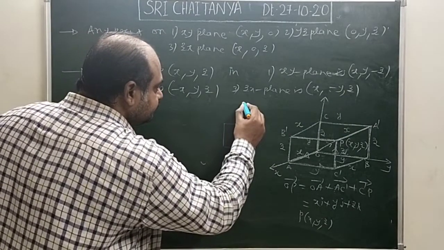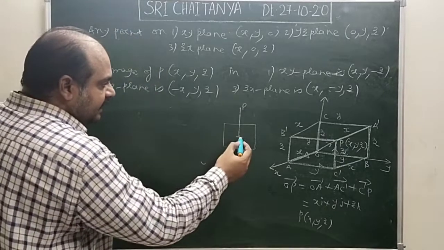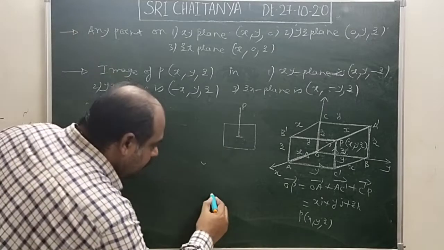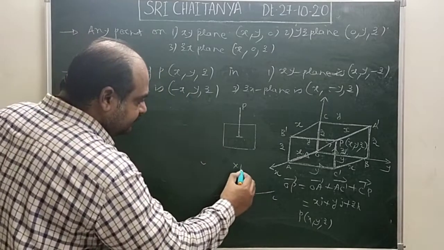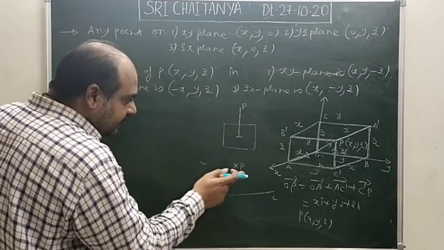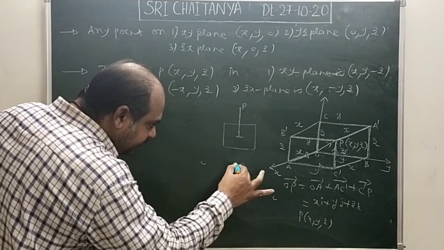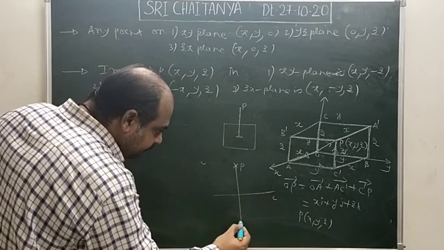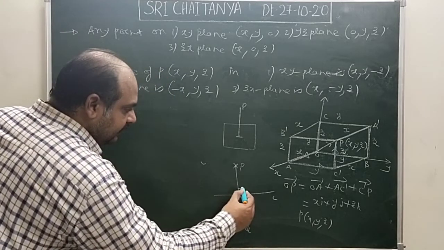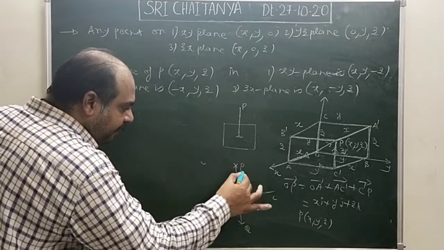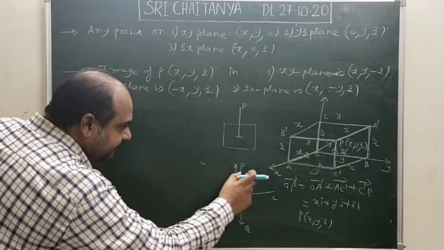Look at this. P is there. Image means, in straight lines we have calculated: suppose L is a line and P is one point. The image of this will be on the other side of the line at equal distance, perpendicularly. That is the image I told, right? If you draw a perpendicular line, on the opposite side at the same distance it will be. The image, this is a mirror, right?